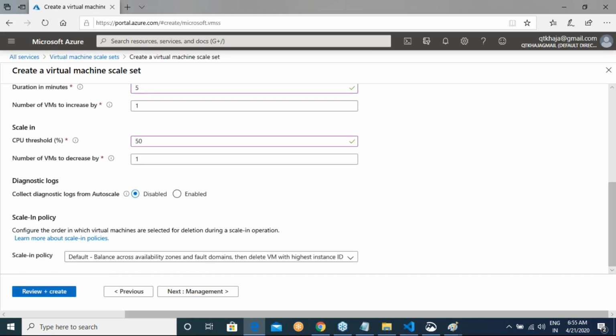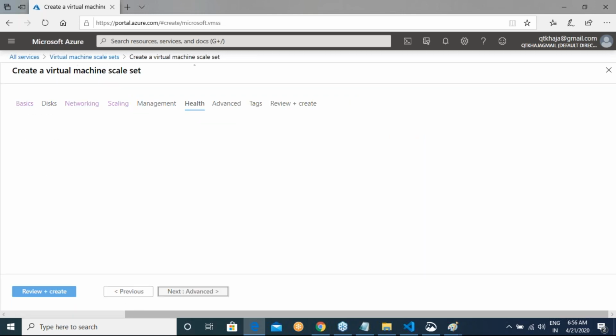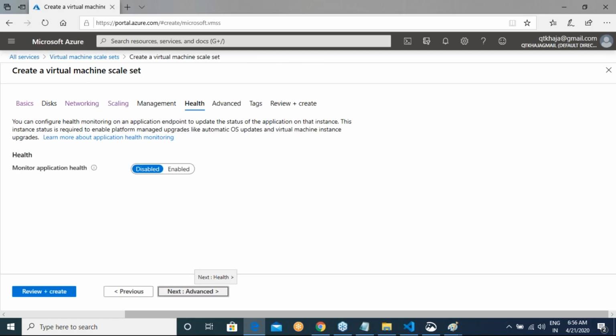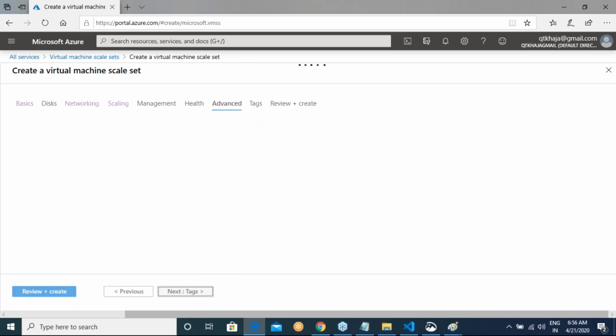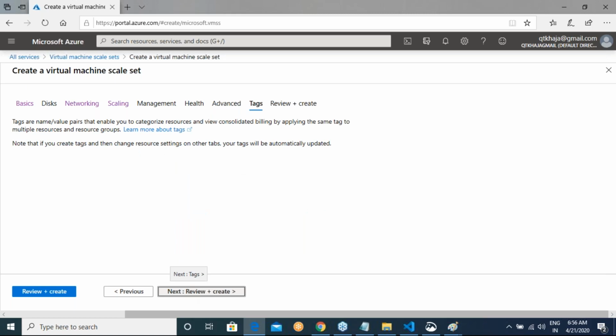All right. Now once you have gone through all of them, okay. So if you see in here, you are using the allocation policy, if it is more than 100 instances, what is that you can do and all of that stuff, right? Next.